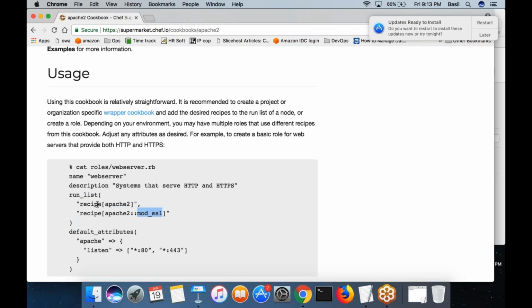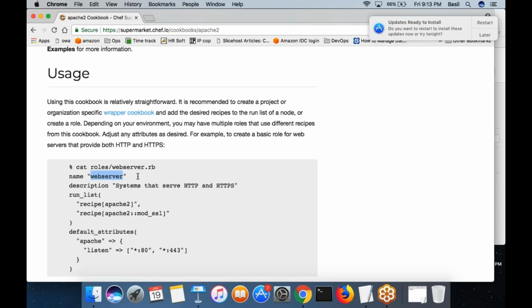So including these two recipes, you're creating the run list and attaching the run list to this role, to the role web server, and your machine, whichever machine part of this particular role. You know how to add a machine to the role. How you do that? Knife node edit command you can use to add the machine into a given role.